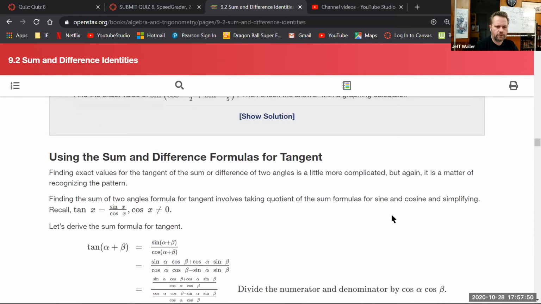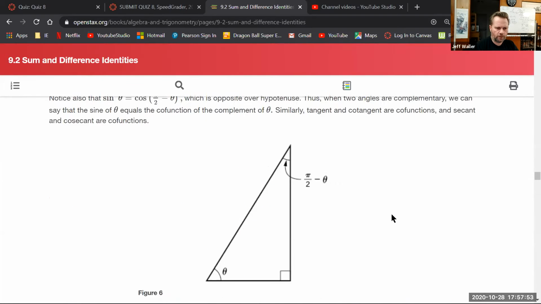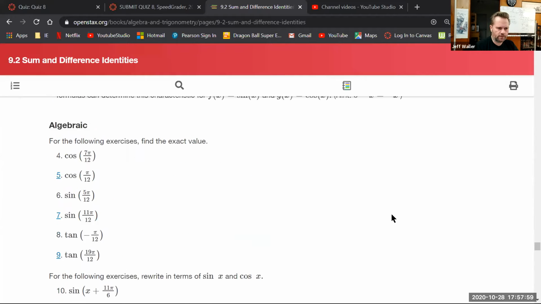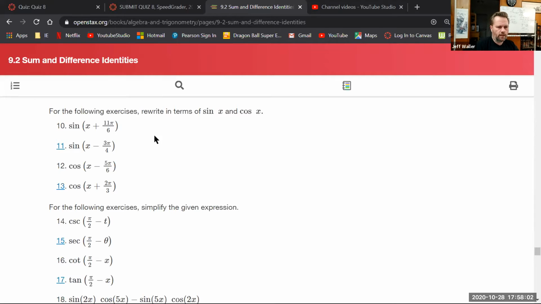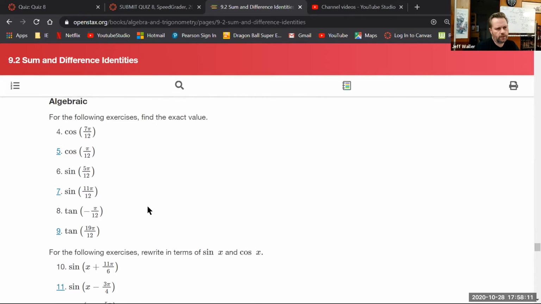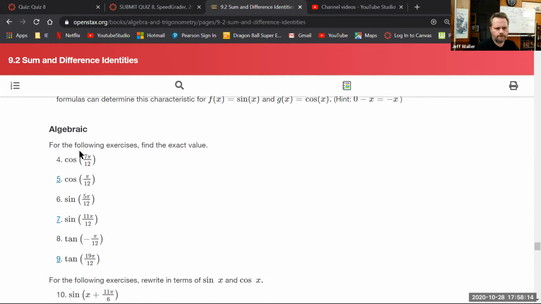So was there any trouble with, well, let's look at the homework. There were some verifying identities, but I don't think there's a lot in this section. Stuff like this, I hopefully wasn't too crazy, right? Or do you have any specific questions you want to ask? These get a little bit weird sometimes, right? Let's take a look at one of those. I think we sort of did some of these. If I look at number 8, for example,